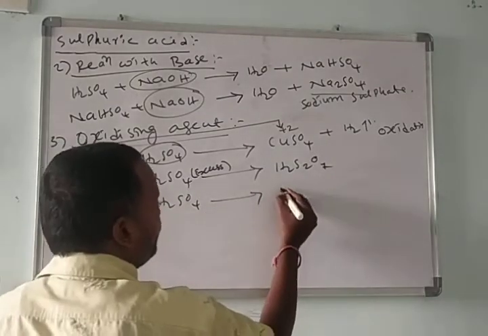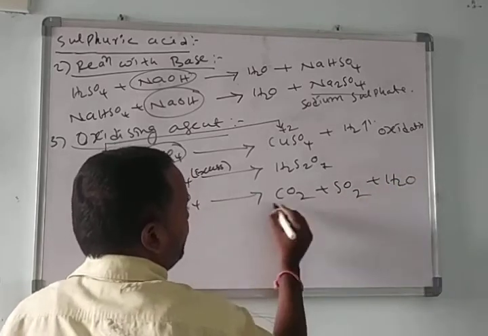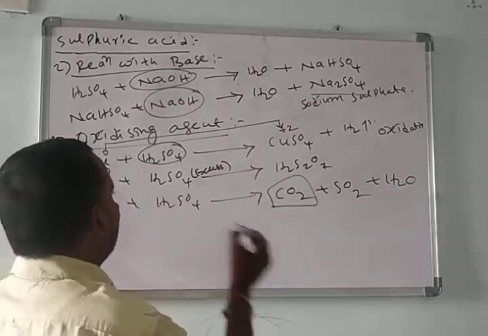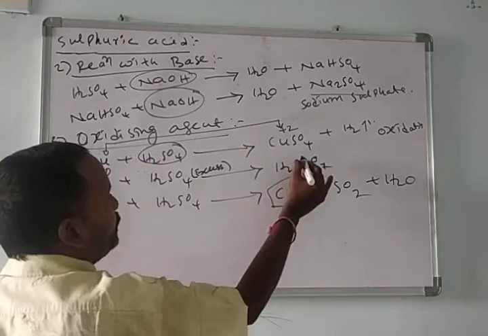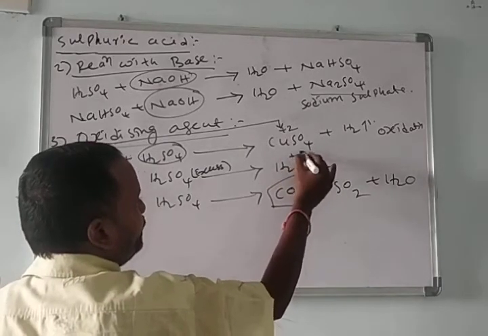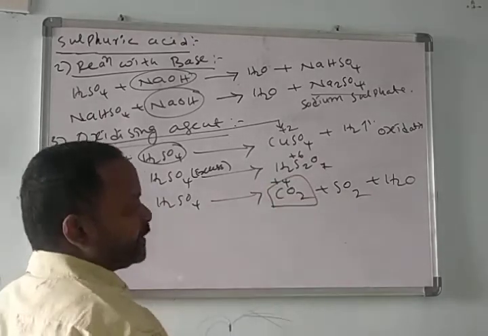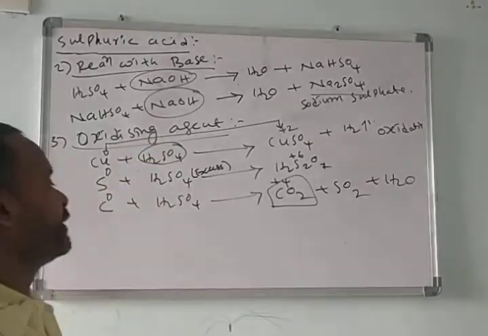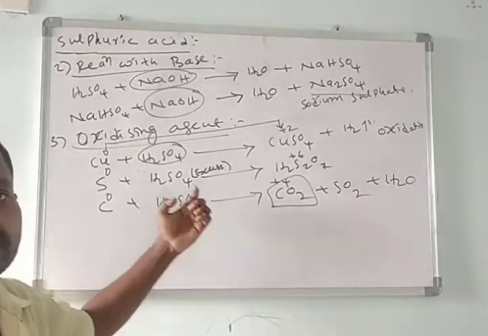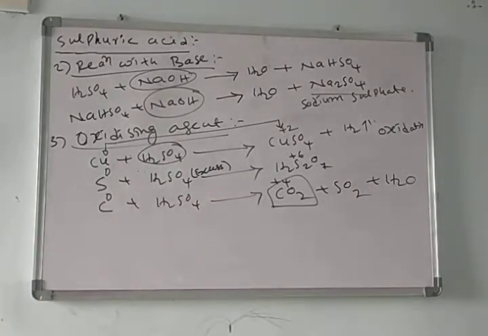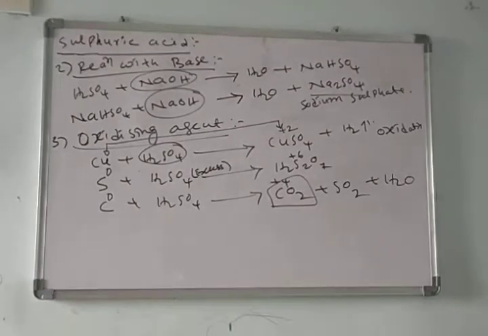Carbon also reacts with sulfuric acid, forms carbon dioxide, sulfur dioxide and water. Here carbon dioxide was formed. Carbon to carbon dioxide. Okay, sulfur 0 to some sulfur, oxidation number increases now. Here 0 to +6 increases. So it is also oxidation. Here 0, here +4. Oxidation number increases. That's why these reactions are called oxidation reactions. And in this reaction, sulfuric acid is involved. That's why we call sulfuric acid an oxidizing agent. So many reactions are there.